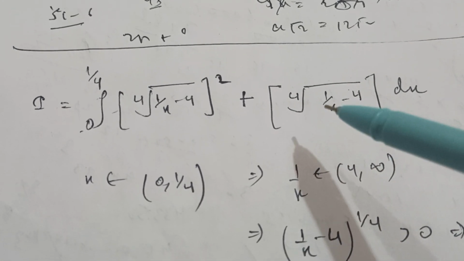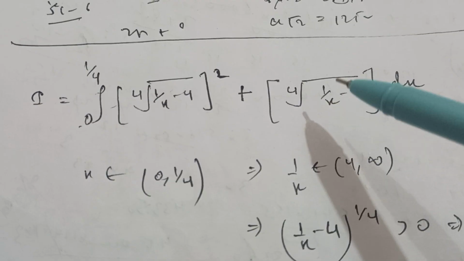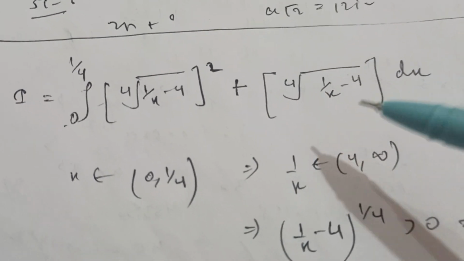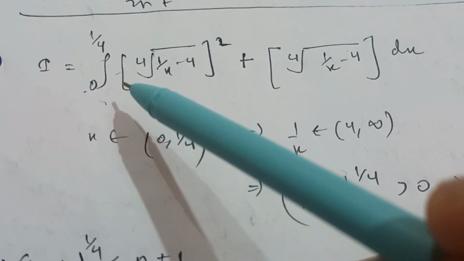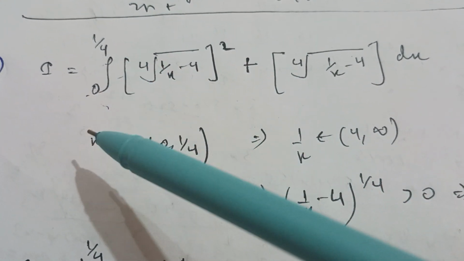This is a problem from MIT Integration Bee 2026 finals. I think this is the fourth one of the tournament. Okay, now we need to find this integral I, in which we have this integral from 0 to a quarter,